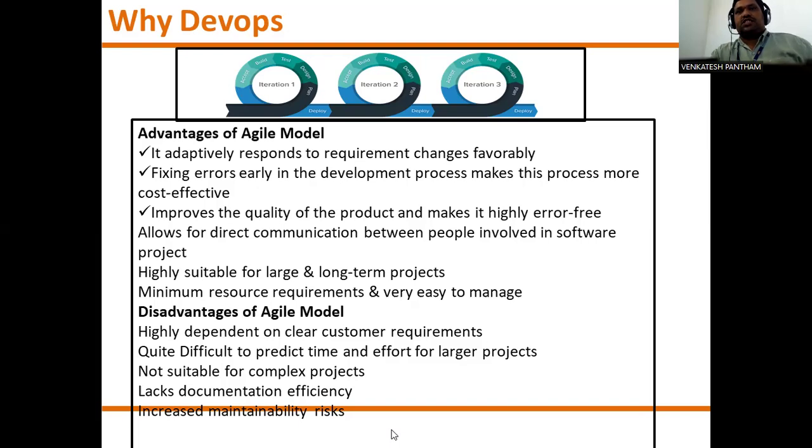But this model also has some disadvantages: an increase in maintainability risks, it is not suitable for complex projects, and it is highly dependent on clear customer requirements. This is because the developer and the tester do not collaborate.